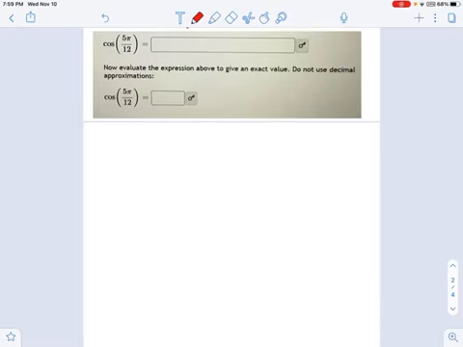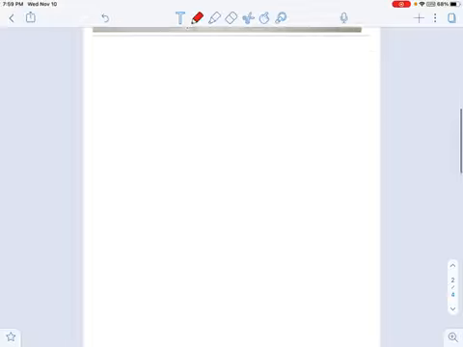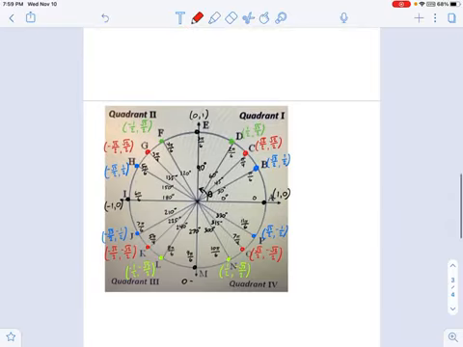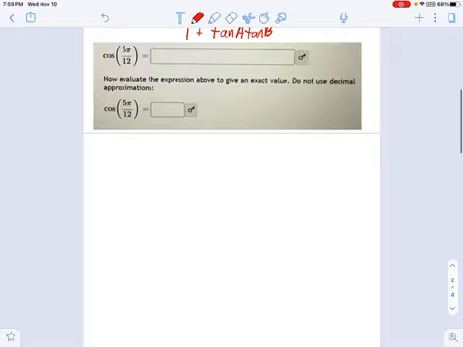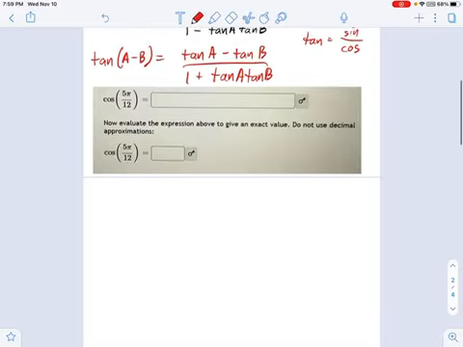In this example, we're asked to compute cosine of 5 pi over 12. And if you have any vague memory of the unit circle, you should recognize that 5 pi over 12 is not something on here. We typically don't have twelfths. We use sixths and fourths and thirds, but we don't use twelfths on the unit circle. That says to me we're at one of those angles that are in between two special angles. It's not something we can just pull off the unit circle. We have to use a trig summation identity to do that.